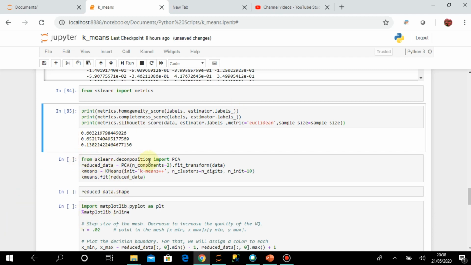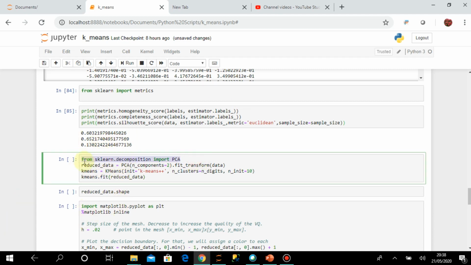Here you can see I have imported PCA, and I am calling PCA for reduced data, taking n_components as 2. So I will only generate the first two principal components, the best ones, and I'm calling fit_transform with data as input to calculate the first two principal components from this 64 feature set.